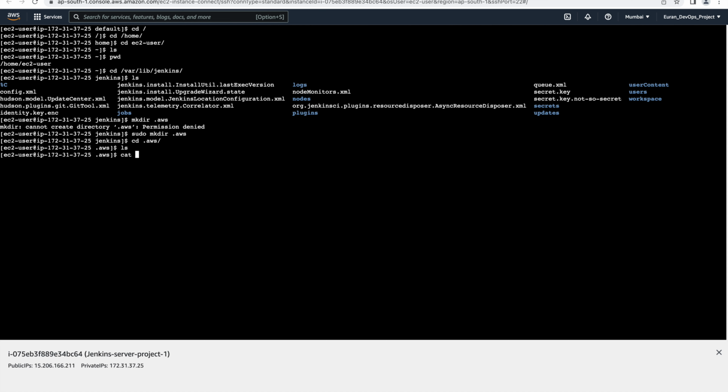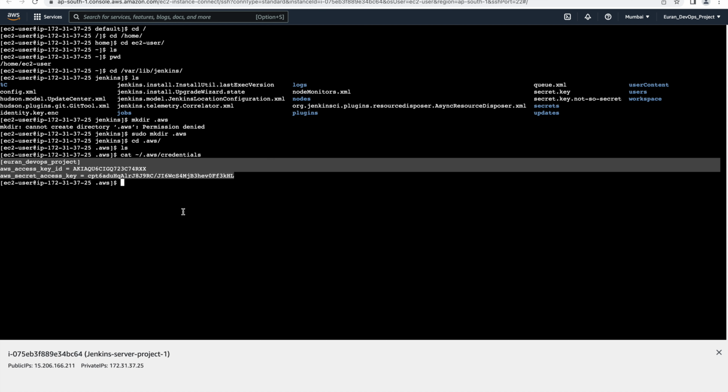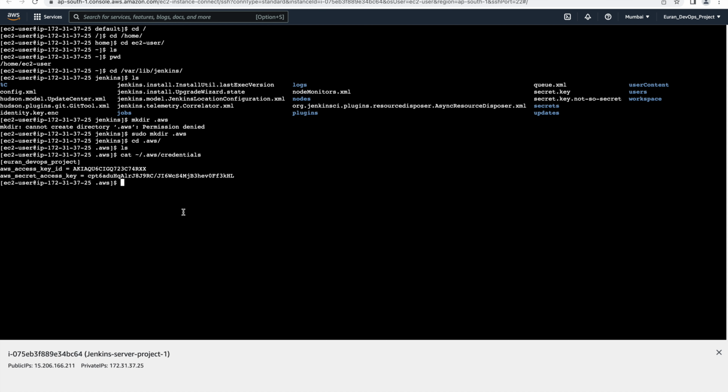So go to the .aws credentials, do the cat and run this cat command. Okay, press enter and copy the whole data present in the credentials file,